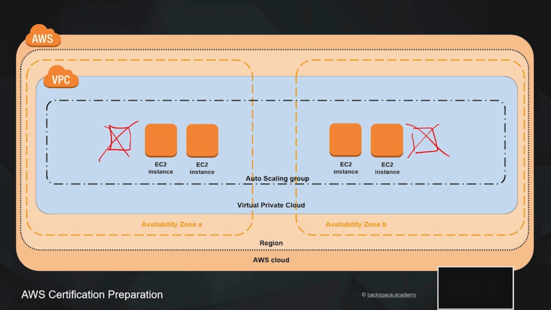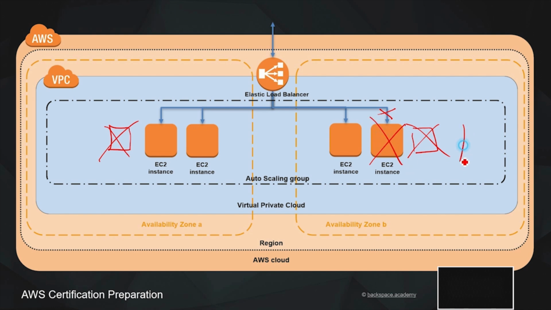And finally, to receive requests from the outside world and to distribute those requests to those multiple instances, we're going to need an elastic load balancer. That will also have the advantage of conducting health checks on our instances, so that if communication breaks down between the elastic load balancer and our EC2 instance, then our auto scaling group will automatically add additional instances, and that creates fault tolerance in our architecture.